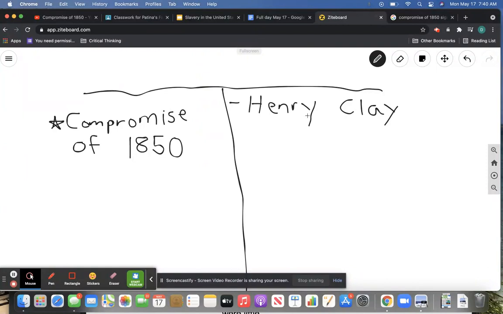Okay, so Henry Clay was the person who made a bunch of these compromises. Remember, a compromise is where they try to come to an agreement. And they were fighting about whether this new territory could have slaves or not. And the Compromise of 1850 said, this is going to be my dot, so you can go ahead and pause as much as you need to,